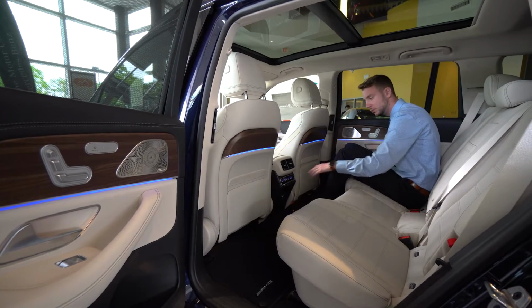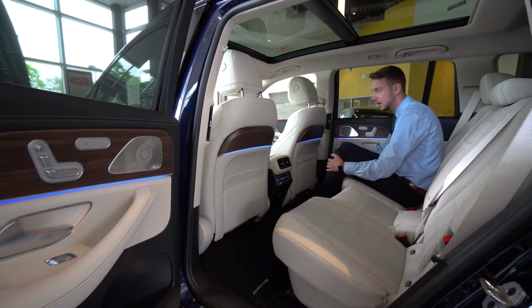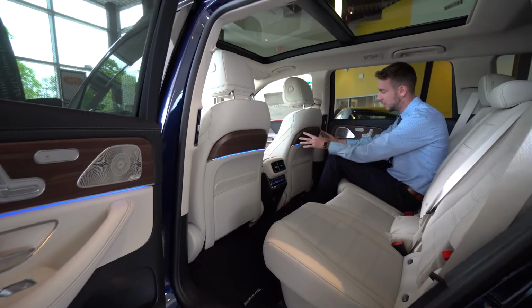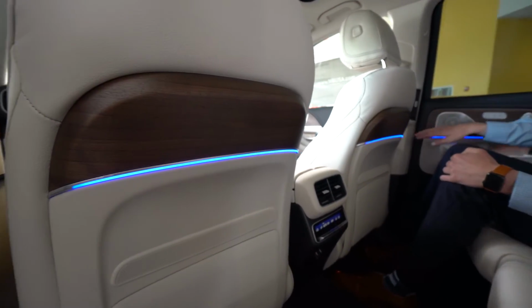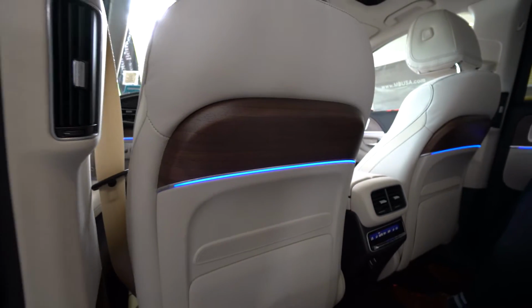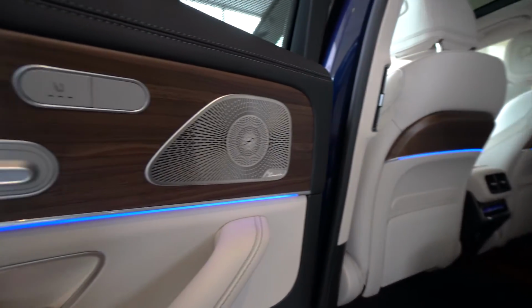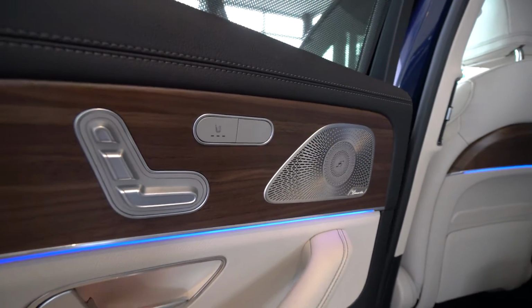Lots of space. We have a 4-zone climate control system for the front and rear. Executive trim package here gives us a very nice modern natural grain wood trim here in the back of the driver and passenger seats. That continues that wood trim along the door panel. So you have your Burmeister surround sound system, nice machined metal face speakers, heated second row seats, power second row